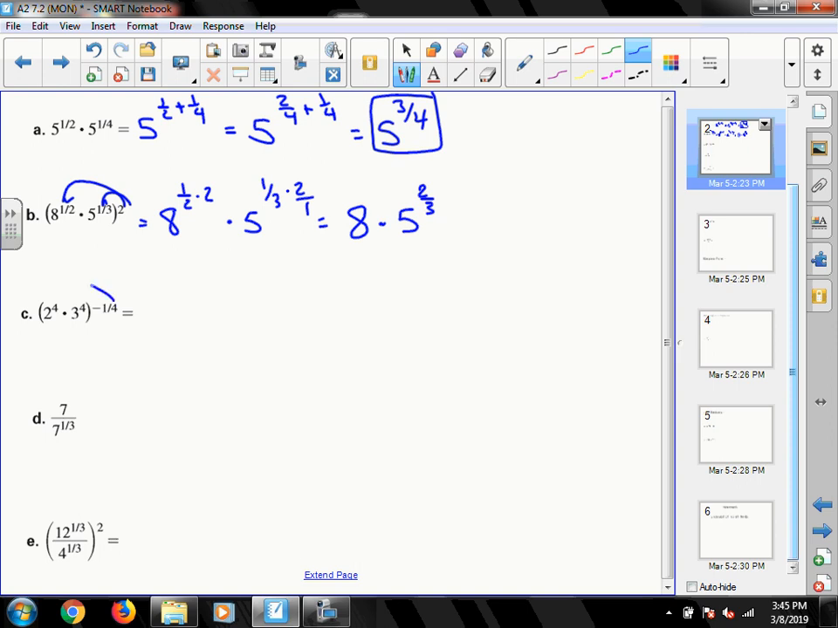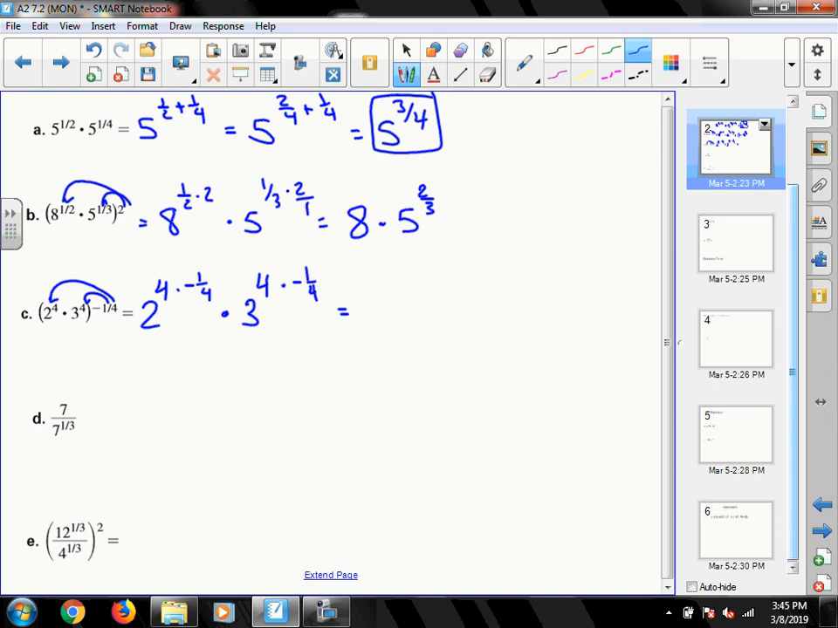C, I distribute my -1/4 to both of those exponents. This is going to combine a couple of them, just like we did in B. So distribute to both of them, and then multiply your exponents. I'm going to take 2 to the 4th times -1/4, and multiply that by 3 to the 4th times -1/4,